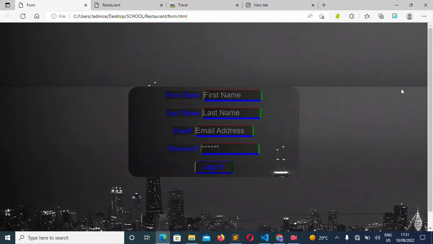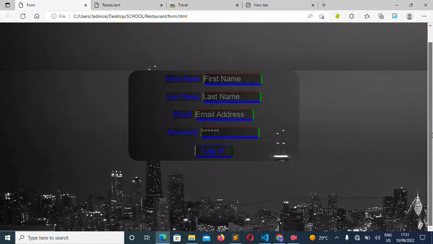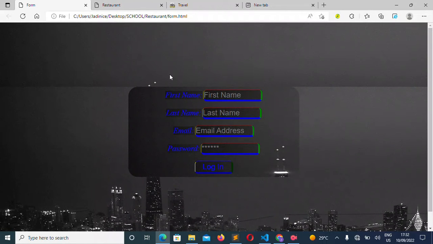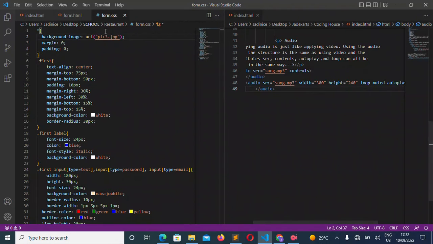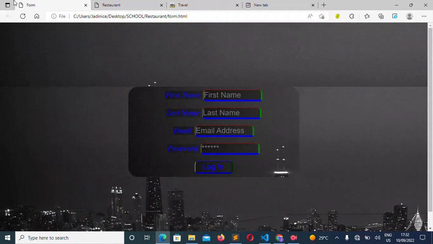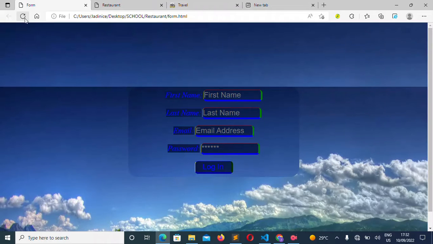There. Now this picture made everything look bland, so I'm trying to use the other one. Yeah, the other one ought to be okay. Then you save it and then you run.